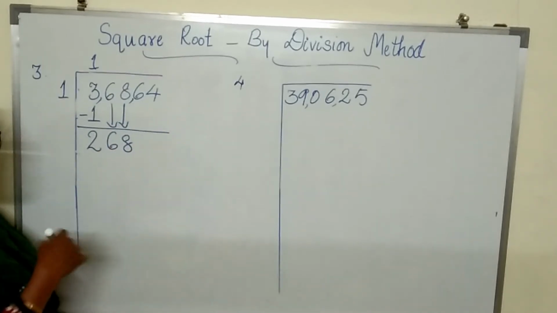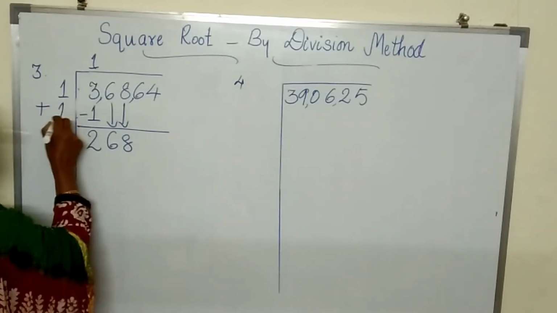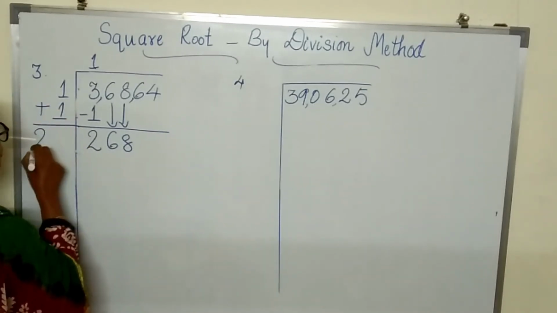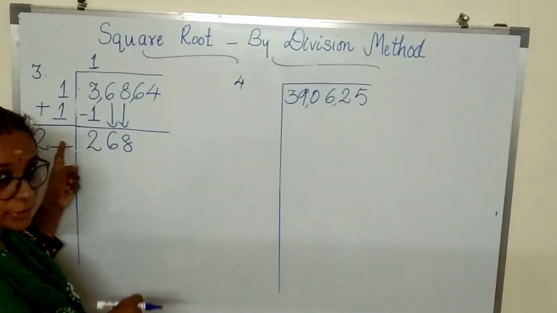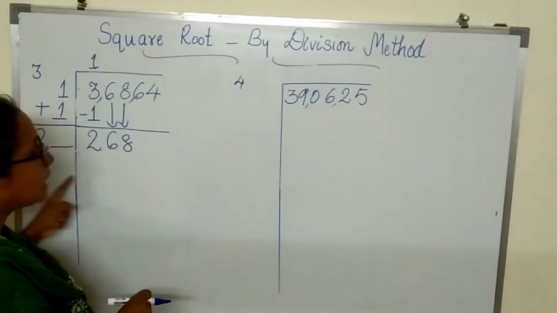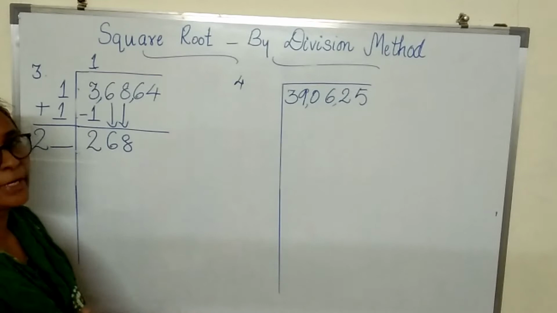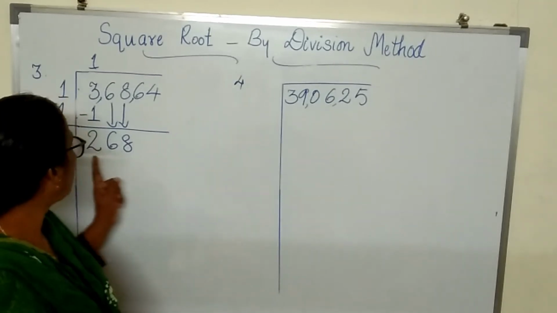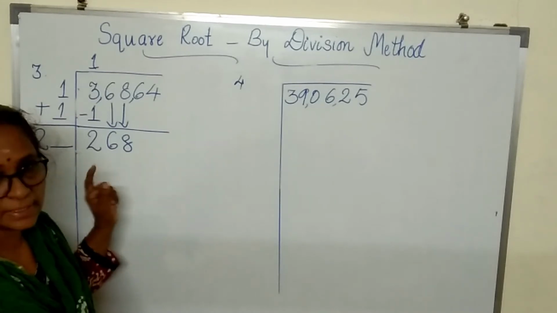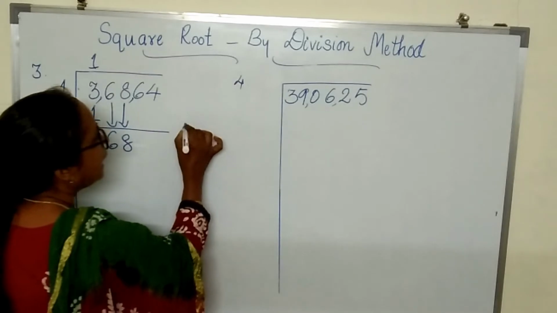68. Then what is the next step? Whichever number you wrote here, add the same number. So we get 2. Now think of a number. You have to think of a digit by which you will be multiplying the whole number to get this. Okay. We already know that 25 5s are 125. So 125 is very less than this number. So think of little bigger numbers. So we can start with 28.